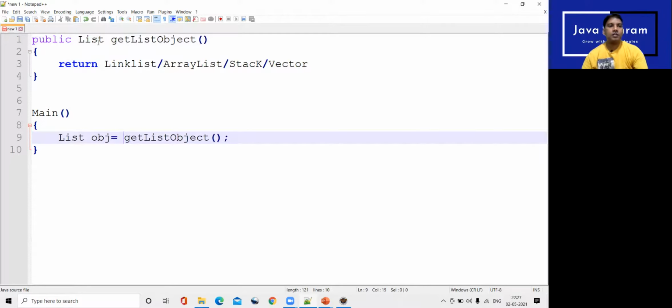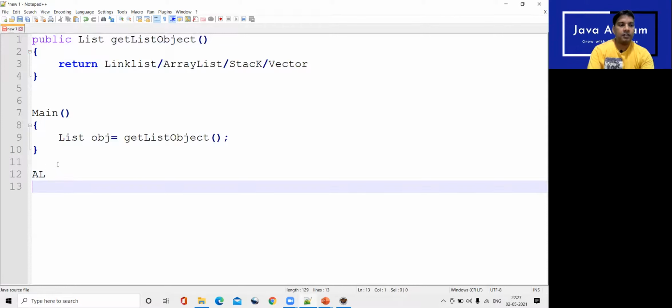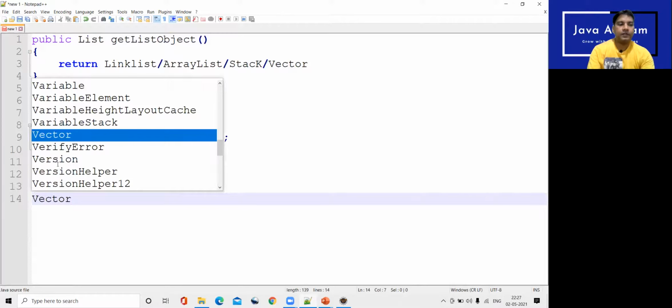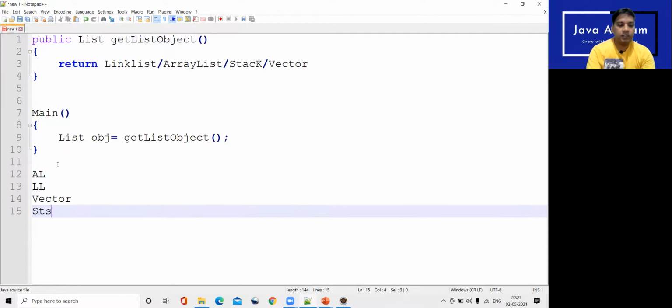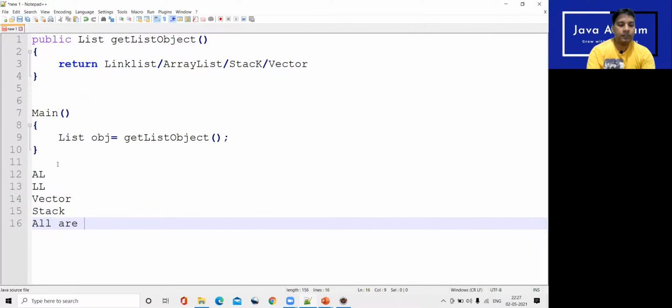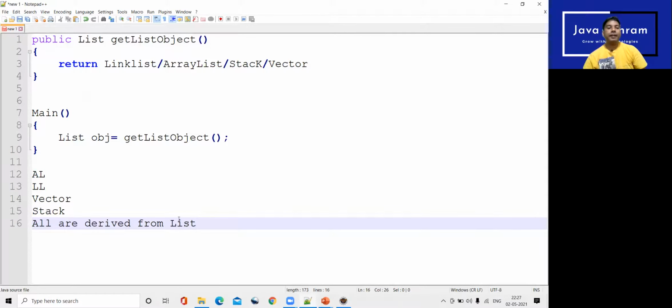So why list? Why list? Because if you see the array list, or the linked list, or the vector, or the stack, all are derived from list only. So list is the parent interface.